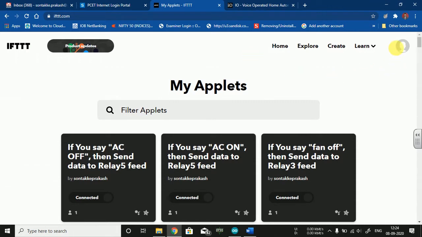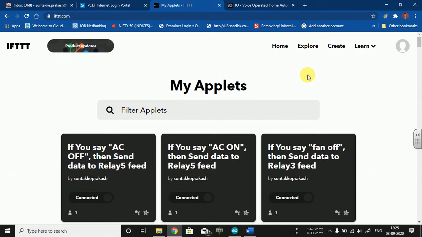Again, you need to create your respective credential to log on to this particular cloud. Once you log into it, you need to click on this option, create. You can create any number of applets. For example, if I want to turn on the lights, I need to create one applet, and another to turn it off. So to operate one appliance, I need to create two different applets, to turn the device on and to turn the device off respectively.